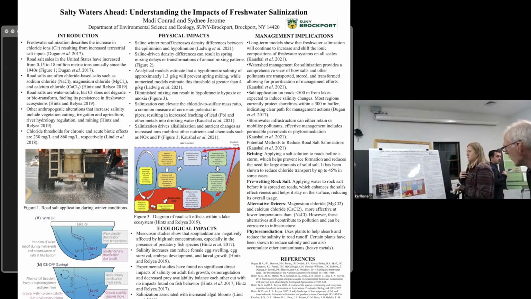So because of all these issues that we've discussed, we would like to highlight some different management implications for this. So long-term studies have shown that salinization is not going away. Obviously, we continue to get winter storms, we continue to get ice on our roads and have a need to de-ice for public safety reasons. But because of the fact that we aren't stopping salt use, this is just going to continue to be an issue. A lot of studies suggest looking at watersheds as a whole for management of freshwater salinization. That's because you can look at it from a whole comprehensive view of what is going in and out of the system and each ecological effect within the system.